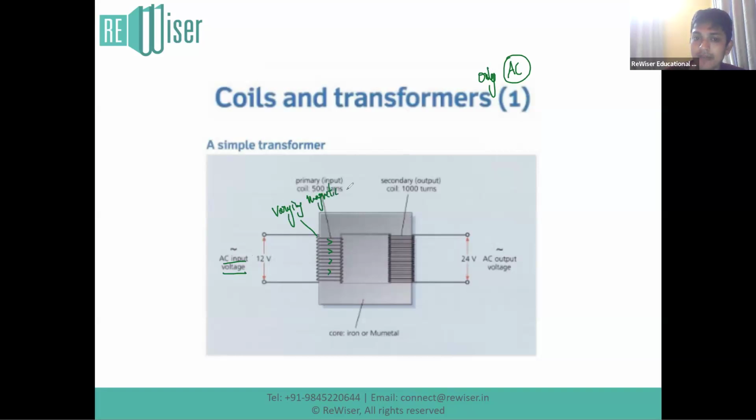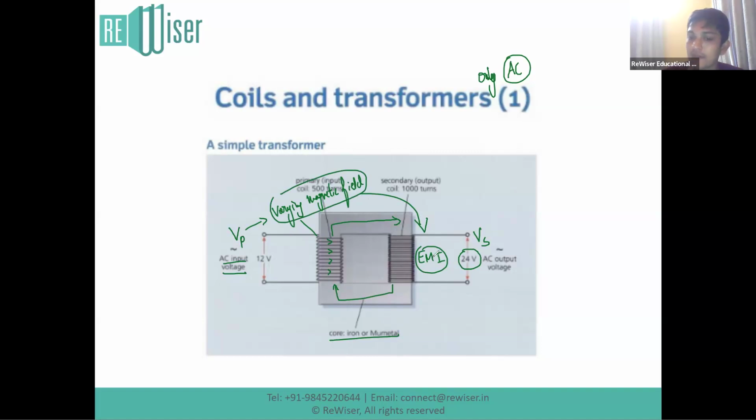Varying magnetic field. This varying magnetic field is transferred from the primary coil to the secondary coil through the soft iron core, which gets magnetized and demagnetized. So now the secondary coil is subjected to this varying magnetic field, which means that through the process of electromagnetic induction, it will induce current in itself, producing an output voltage or a secondary voltage. So this is how an input primary voltage produces a varying magnetic field, which is then transferred from primary to secondary through a core, which then undergoes the phenomenon of EMF,